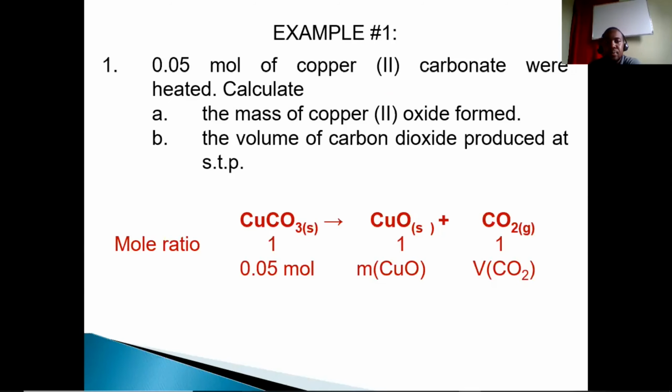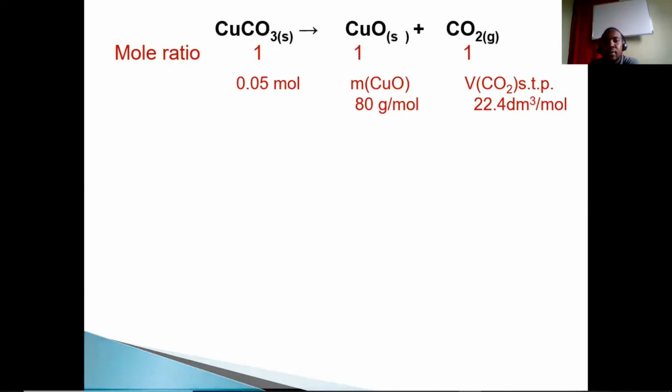right? Now, it asks us to find the mass, right? So first we would have to find the molar mass of copper oxide, right? Because the only equation that we have for mass with mole would be mole is equal to mass over molar mass. So therefore, we need to find the molar mass of copper oxide, which is copper is 64, oxygen is 16. We add both and we get 80 gram per mole,